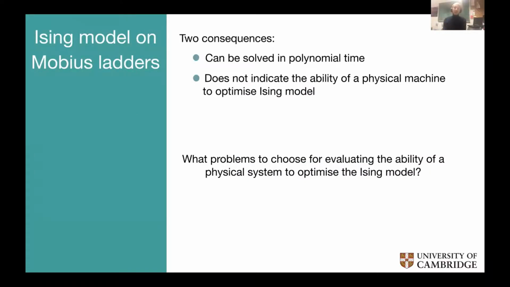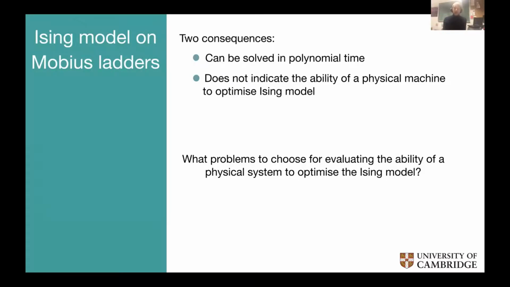First of all, the Ising model on Mobius ladders can be solved in polynomial time, so the ability of a physical system to solve hard problems cannot be claimed if only such problems are considered for optimization. And the second thing is that even the ability to optimize the Ising model at all cannot be claimed, because as we've seen for the Hopfield-Tank algorithm, it doesn't solve the Ising model at all, while still finding the global